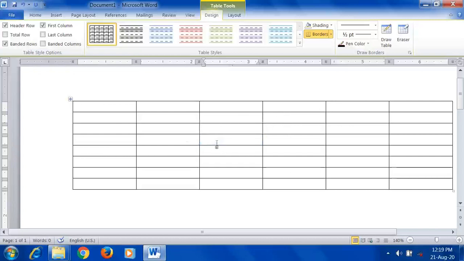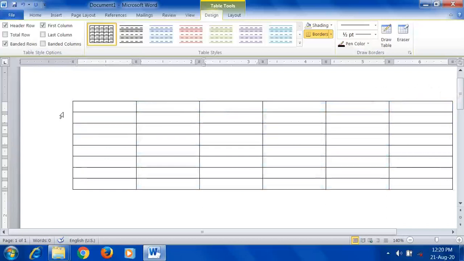Next, how to select the entire row. Row means this full. Okay, so how to select that row, you have different ways. So one shortcut method, take the mouse pointer here. So what is given in a textbook? Click the left mouse button and drag it to the end of the row. Move the mouse to the left of the row margin here. So one method is hold the left mouse button and drag it. Don't release that button. Drag it to the right side, it selects. Okay, so that is the common method, general method, everyone uses that. So just hold the left mouse button and drag it. How many rows you want to select, till that you can drag it.